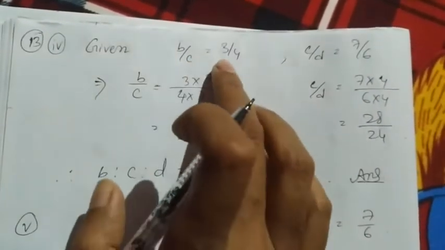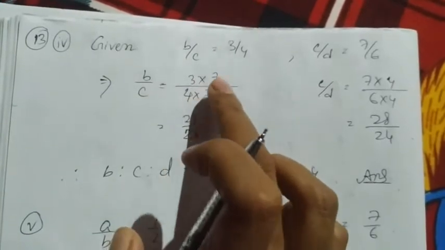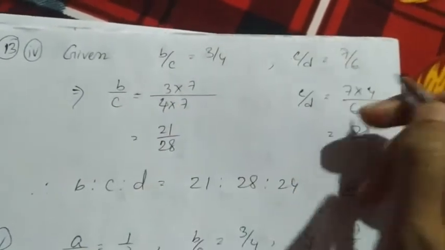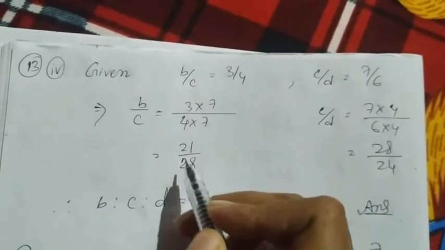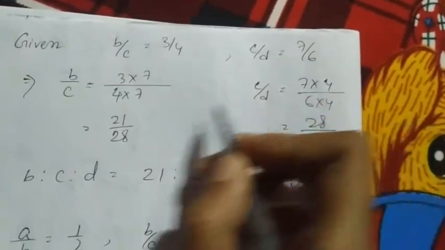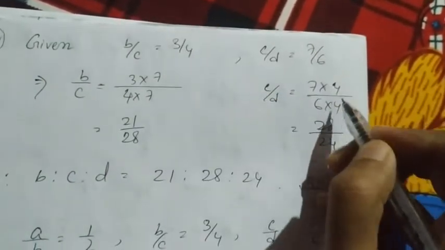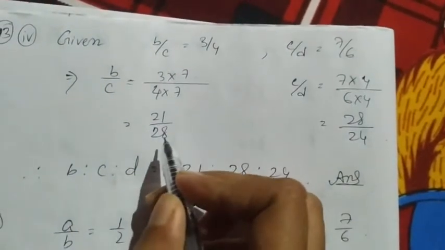Given B by C equals 3 by 4 and C by D equals 7 by 6. So B by C equals 3 by 4 into 7. Here C is 4, so just multiply it with 7: 7 times 3 is 21, 7 times 4 is 28. Here, 7 by 6, you have to multiply it with 4. So 4 times 7 is 28, 4 times 6 is 24. So B is to C is to D is 21 is to 28 is to